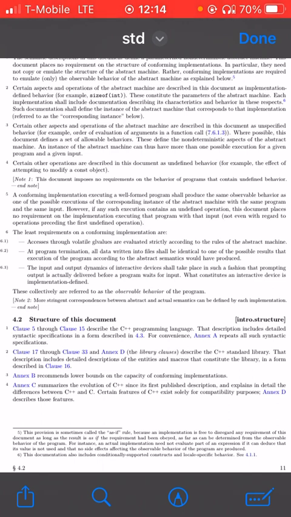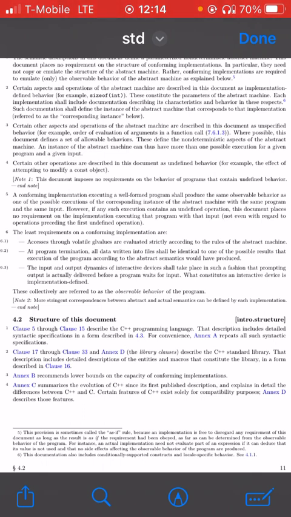However, if any such execution contains an undefined operation, this document places no requirements on the implementation executing that program with that input, not even with regard to operations preceding the first undefined operation.